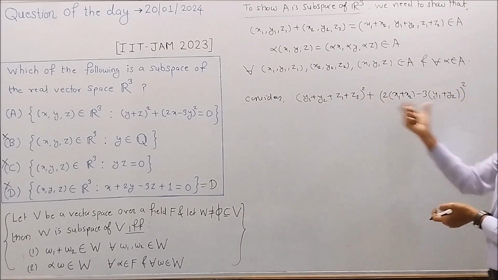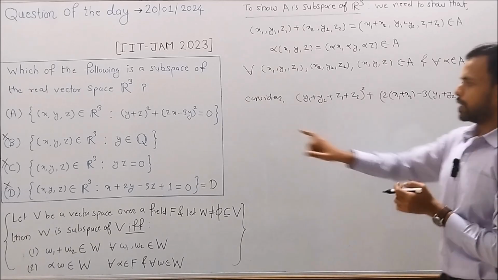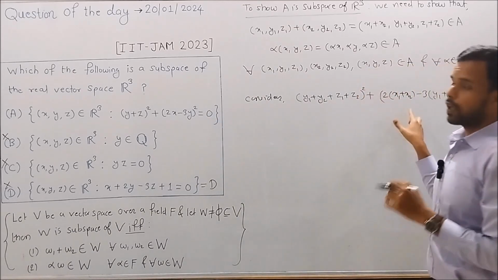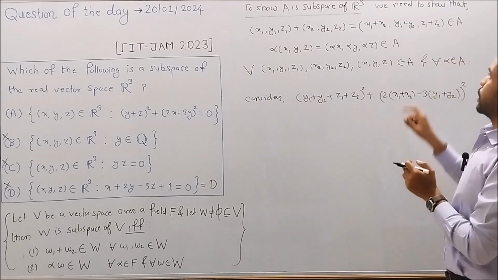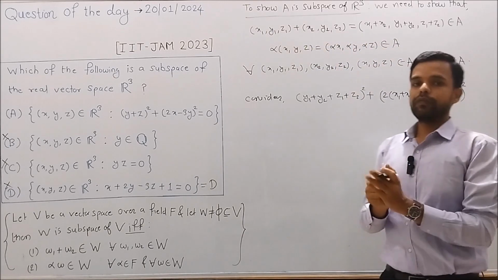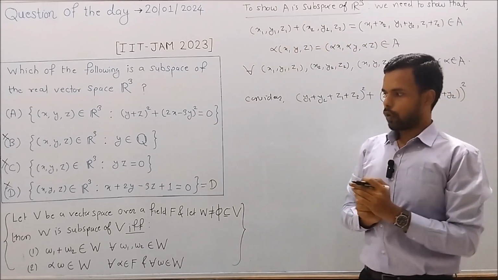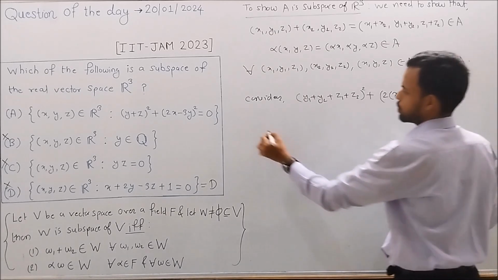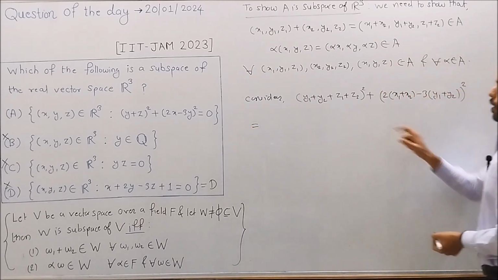Okay, we have considered this term and we have to examine whether this term equals 0 or not. If this sum equals 0, then this element belongs to A, and so A will be closed with respect to vector addition. Okay, now let's solve this. This sum can be rewritten as,